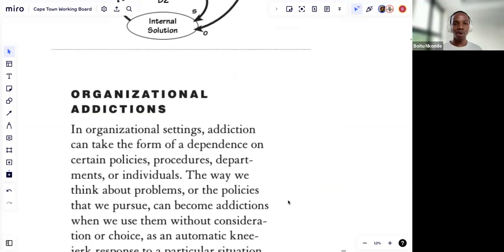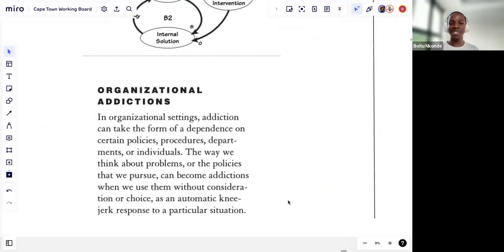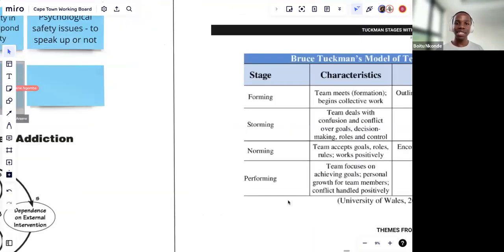So, organizational addictions. In organizational settings, addiction can take the form of a dependence on certain policies, procedures, departments, or individuals. The way we think about problems or the policies that we pursue can become addictions when we use them without consideration or choice as an automatic knee-jerk response to a particular situation. So from an example standpoint that some of you mentioned,